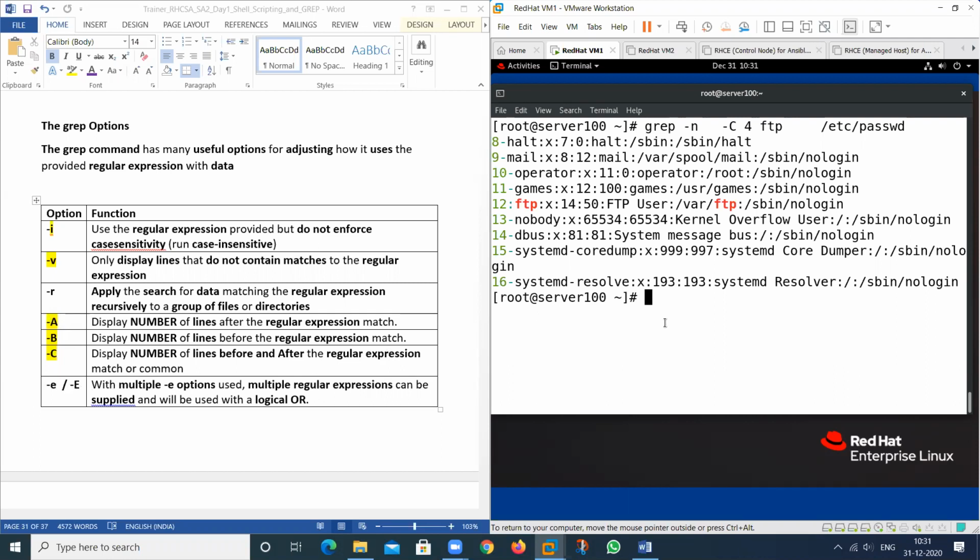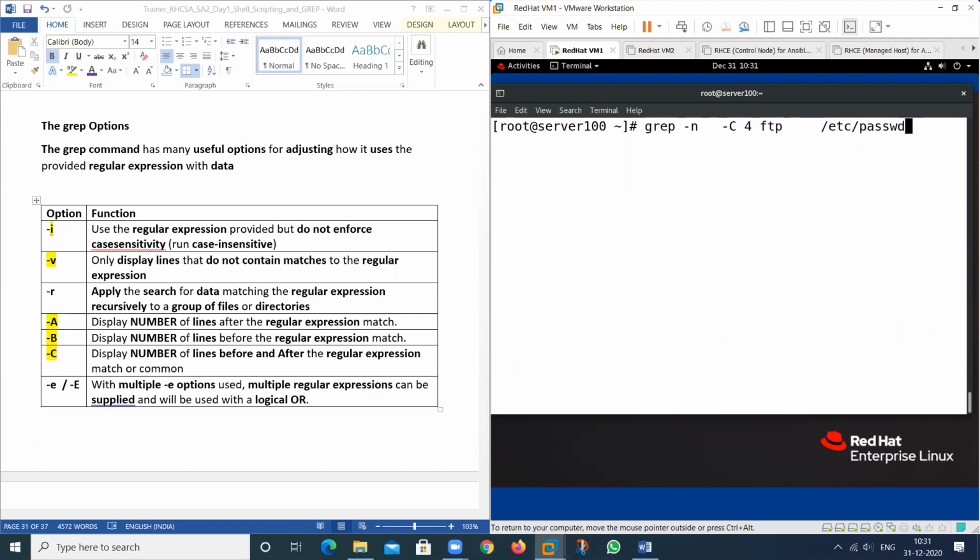So see here, mostly we use this option, hyphen E in capital. I want to search FTP also. I want to search root. More than one thing. By default, grep is used to search only one value.